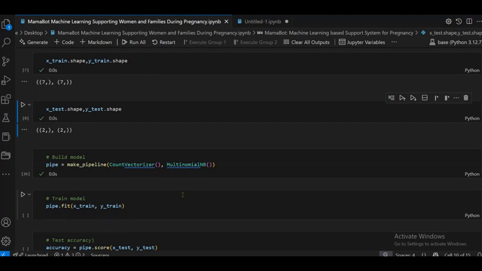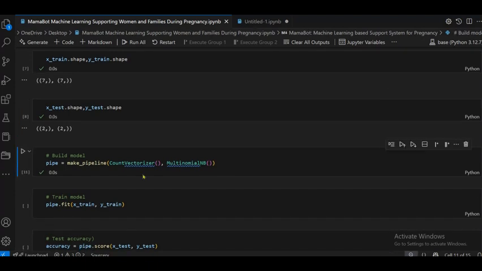Now build the model. So pipe is the variable name where I pass make_pipeline and then pass the arguments CountVectorizer and MultinomialNB. We know that CountVectorizer converts string or text data into numeric, and MultinomialNB is used for classification. So it's working. The next one is to train the model. pipe is the variable name, dot fit, where we pass x_train and y_train.